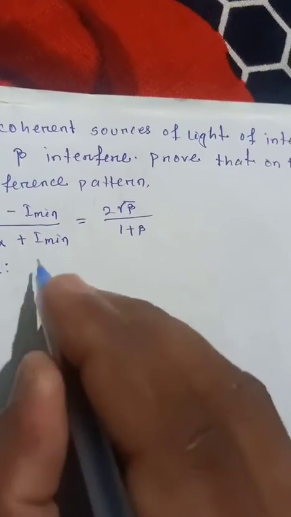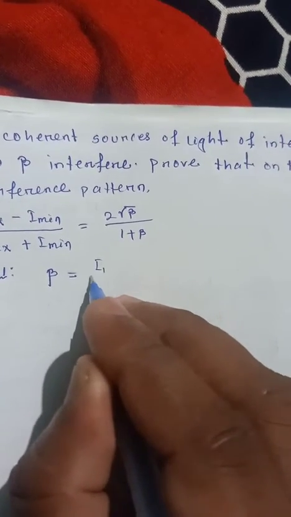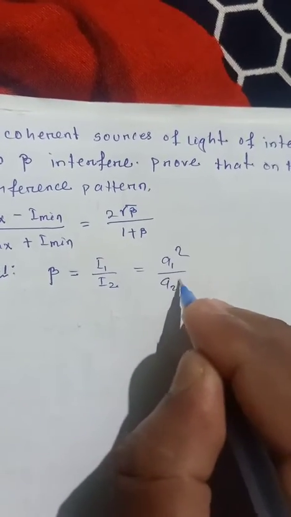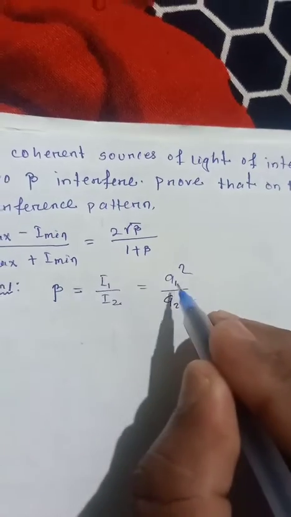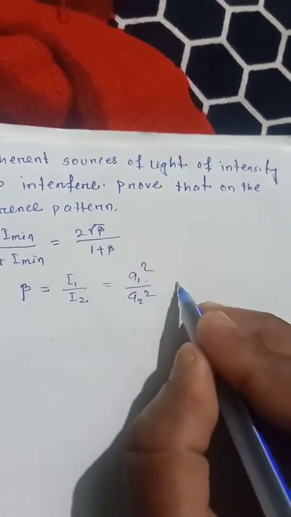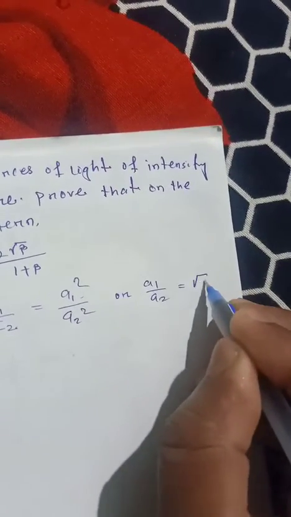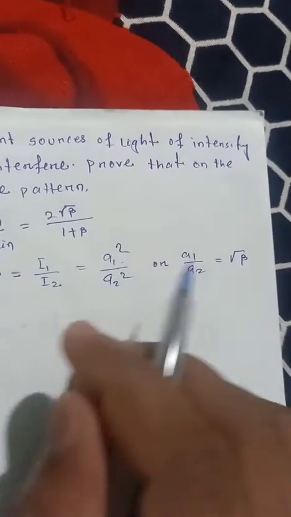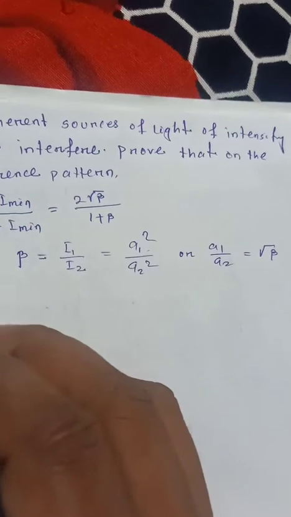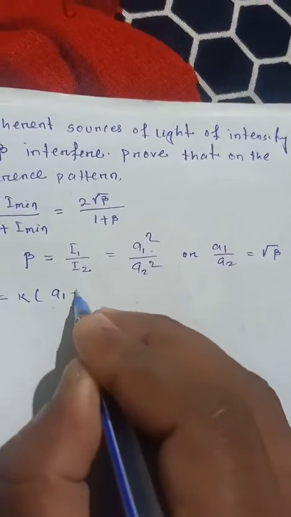Here beta is equal to I1 by I2, which is equal to A1 square by A2 square. I means intensity, A means amplitude. So A1 by A2 is equal to square root of beta. We know maximum intensity is equal to K times (A1 plus A2)